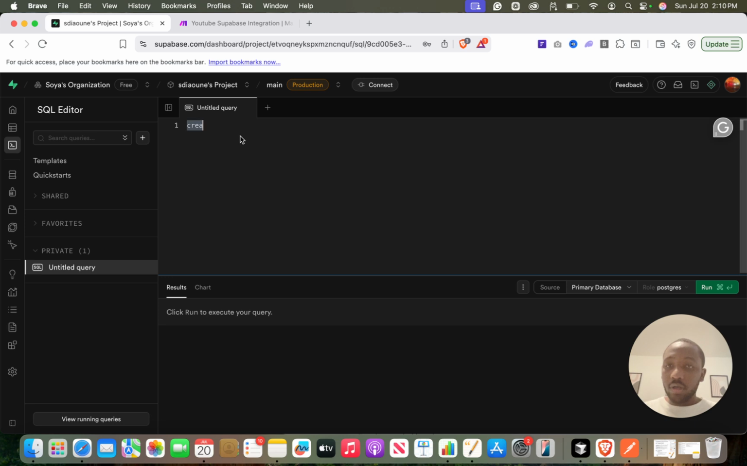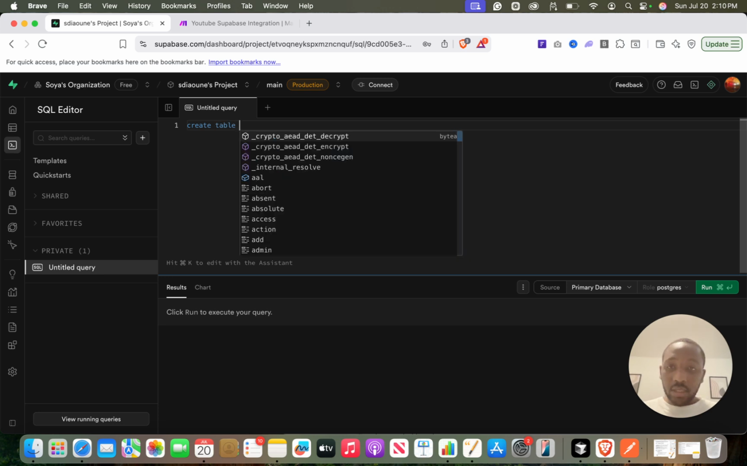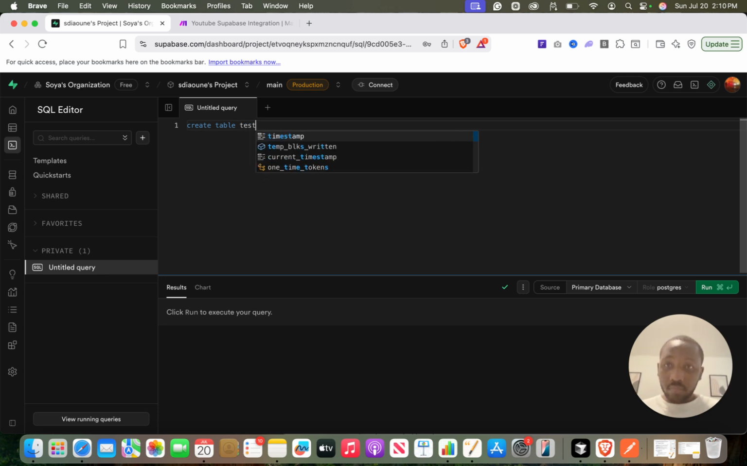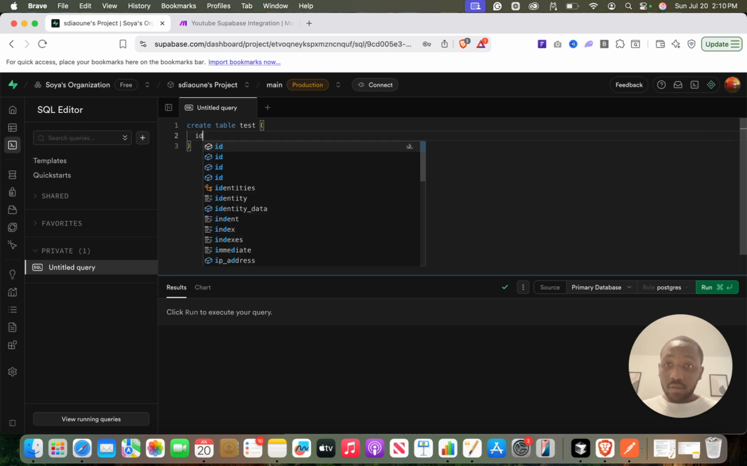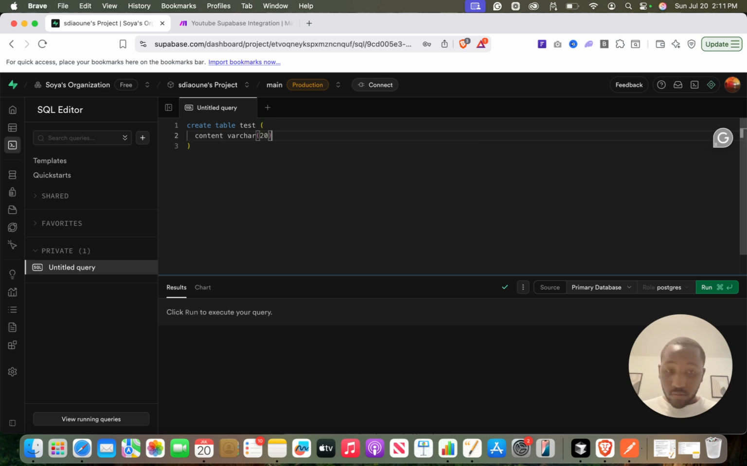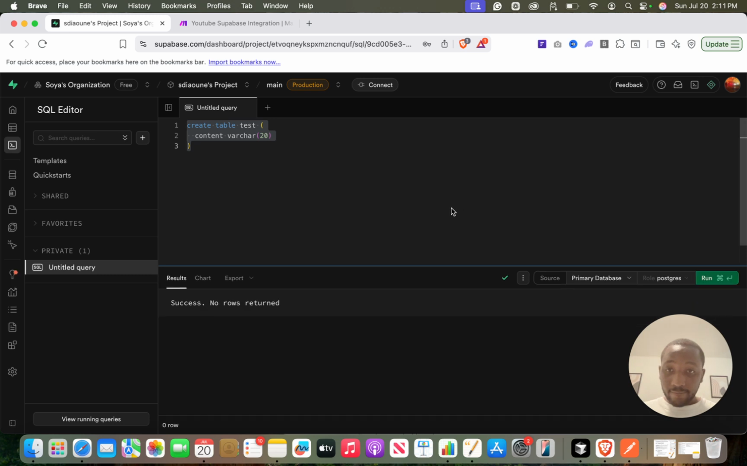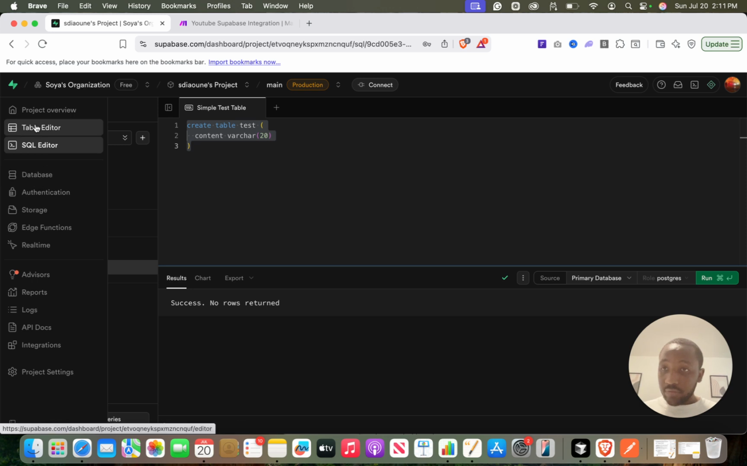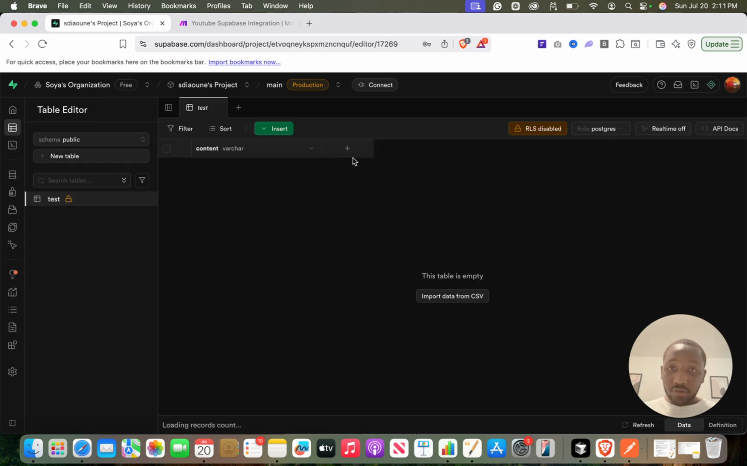Head over to the SQL Editor, create table, test, let's see, say contents, and then click run. Now you should have a table if you head to the table selector. Here's your test table,